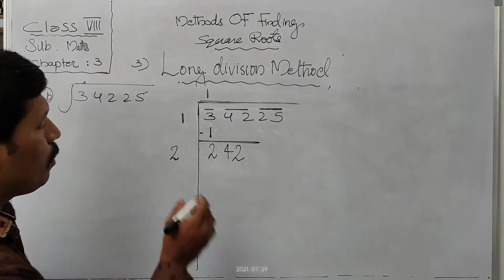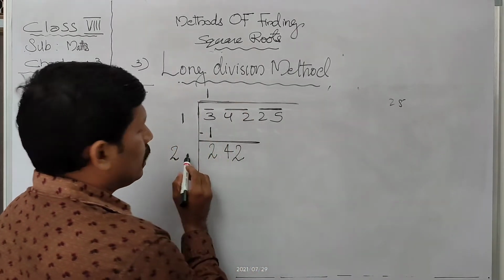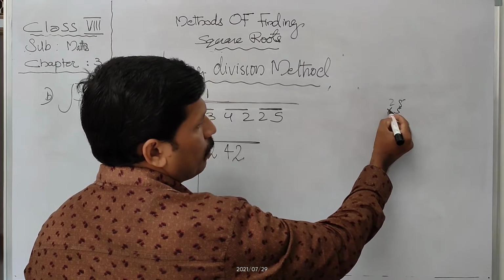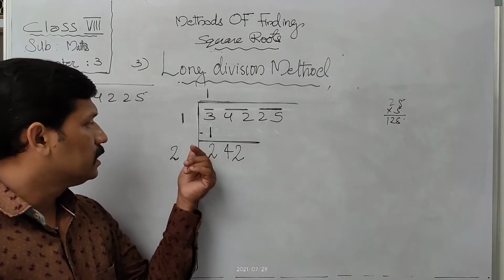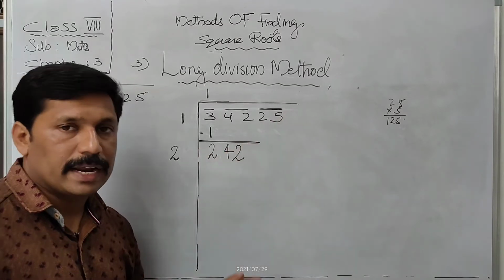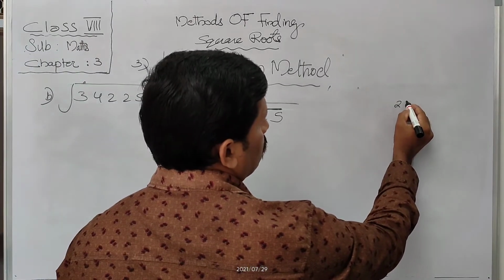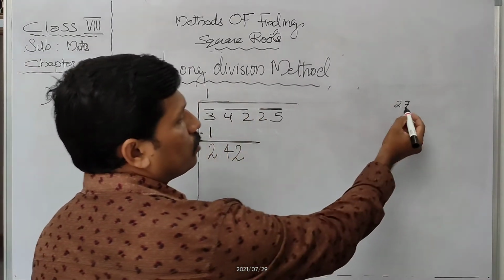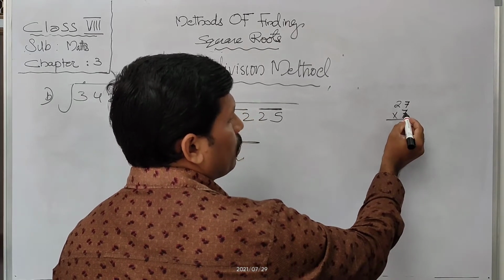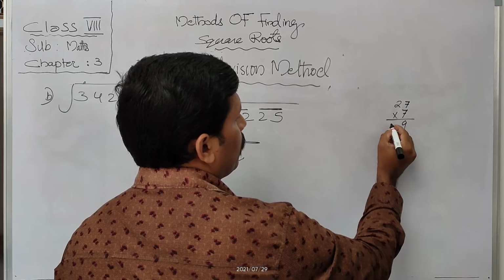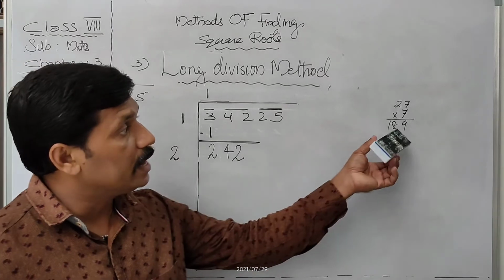Then, which is that? Suppose I give 5 here, 25. We have to multiply by 5. 25 5s are 125, but here it is 242. So surely this digit is greater than 5. So I take 7, 27. If I take 7, then 27 into 7. So by 7 I have to multiply. 7 7s are 49, remainder 4, 7 2s are 14, plus 4, 18, 189. But here it is 242. So that digit is greater than 7.